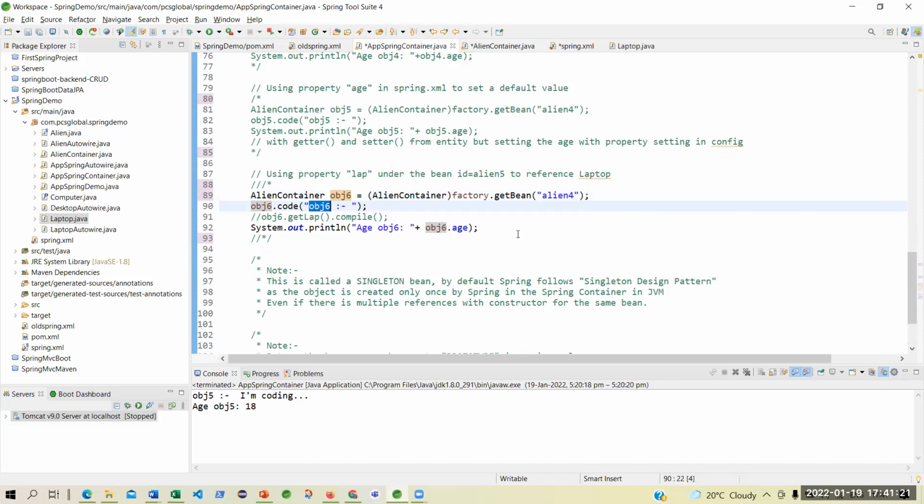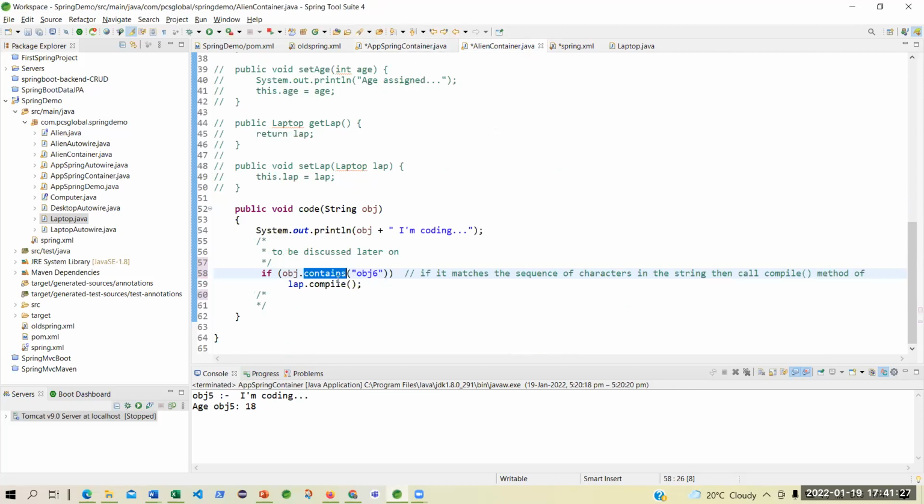Okay. Yes, sir. You do not mention equals. Equals will always return false. Why? Can you tell me?